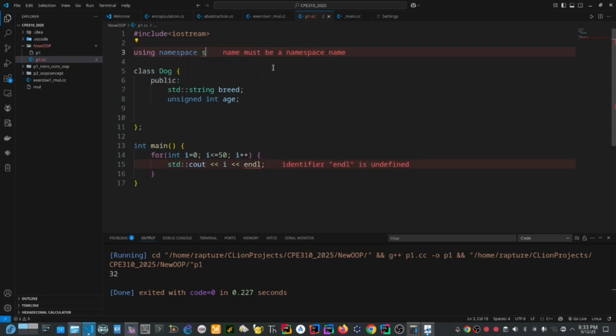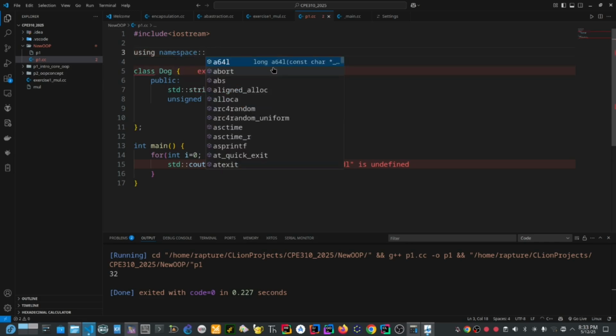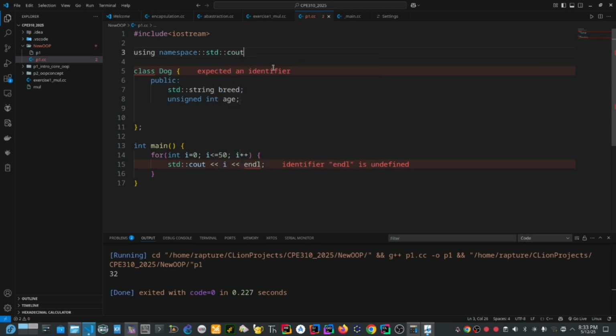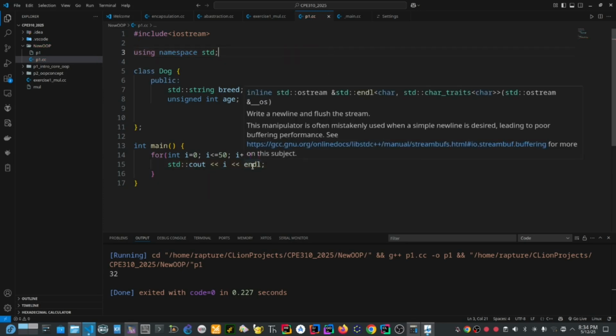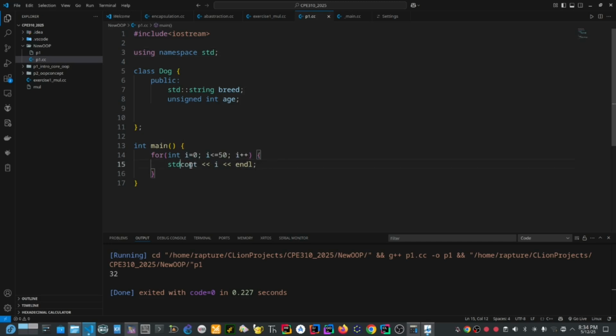It says there must be a namespace std. Yes, std, and we leave it here. Can you see this? The error disappears. So it still works the same way, but just include it. You can also remove this one as well. So then we are good to go. It includes all the standard libraries without needing to put std in front of them anymore.